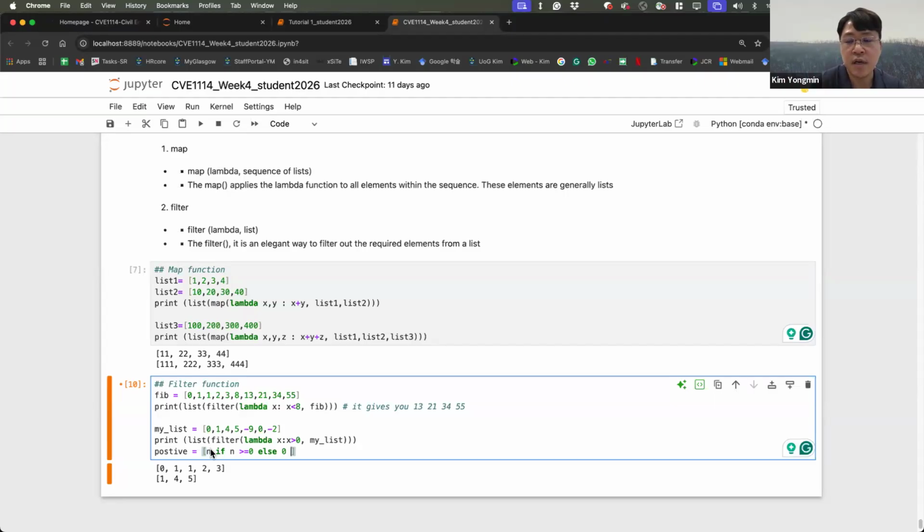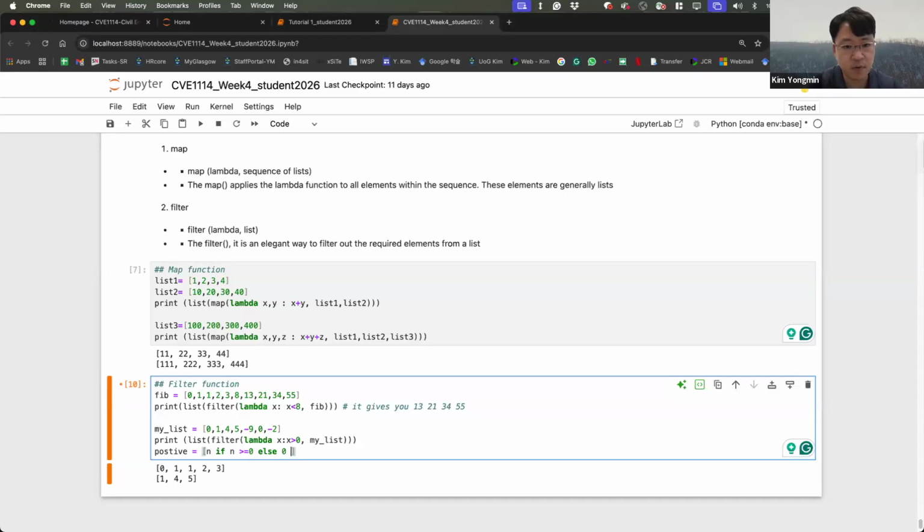I will print out certain numbers if the number is greater than 0. If less than 0, it's going to be just 0.